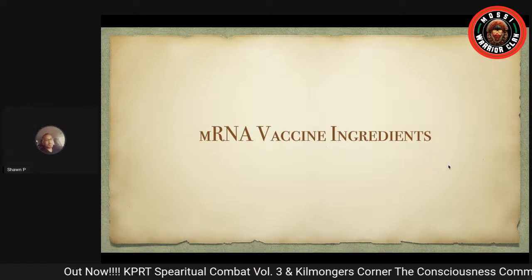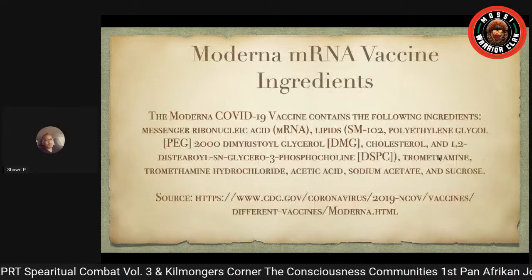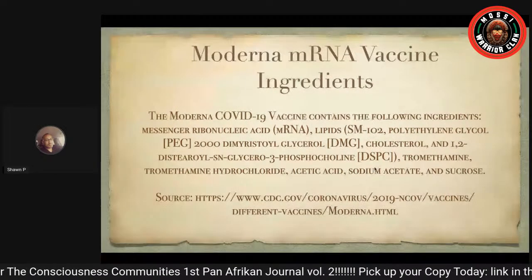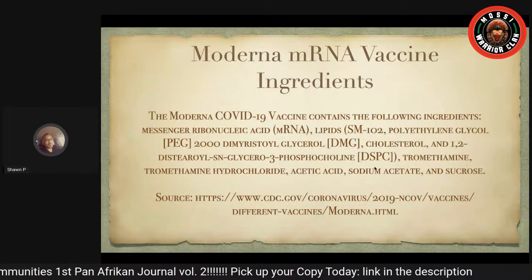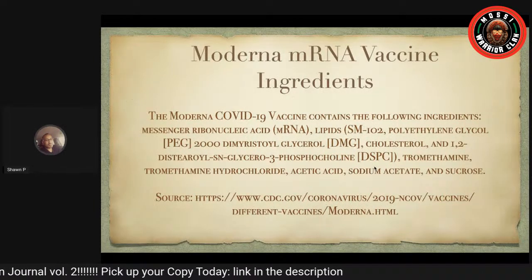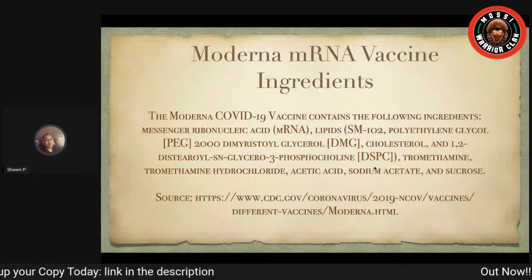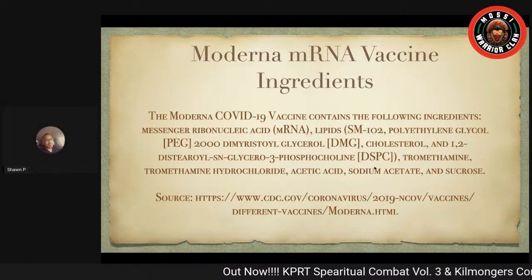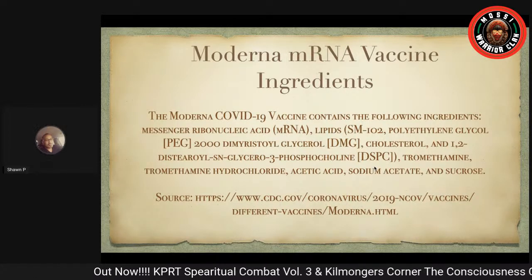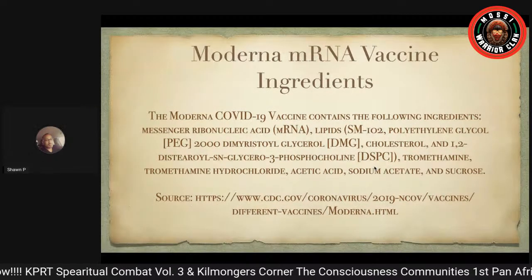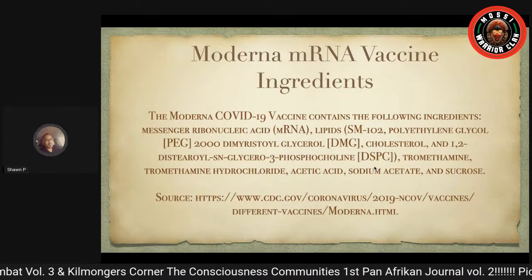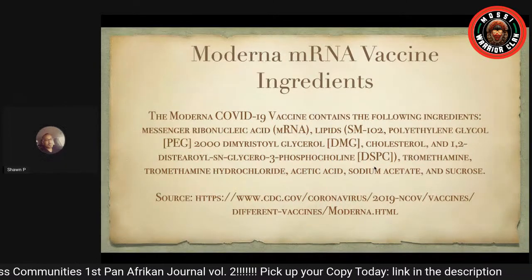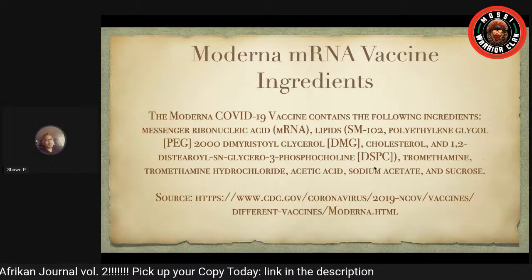All right, so mRNA vaccine ingredients. Moderna mRNA vaccine ingredients is simple. It's not a lot of information here. The Moderna COVID-19 vaccine contains the following ingredients: the messenger ribonucleic acid, the mRNA, and then you have lipids, which is the SM-102, the polyethylene glycol, PEG 2000, the myristoyl glycerol, DMG, the cholesterol, and 1,2-distearoyl-sn-glycero-3-phosphocholine, which is the DSPC,